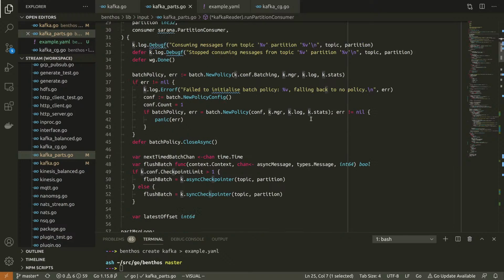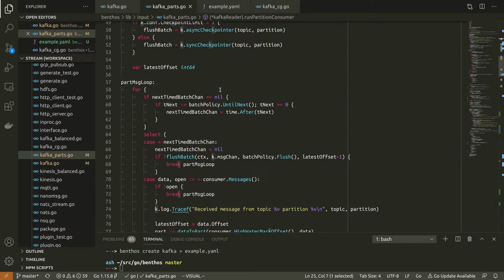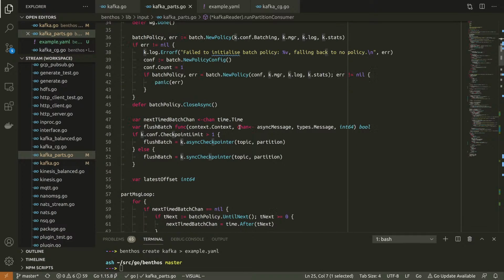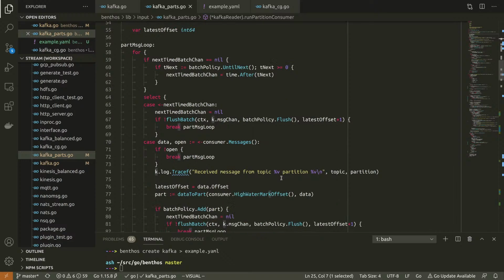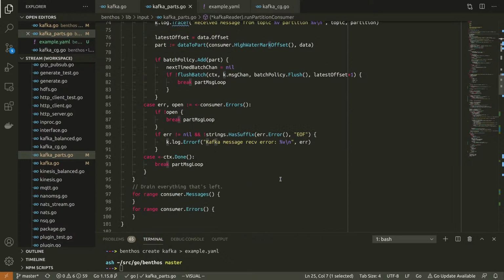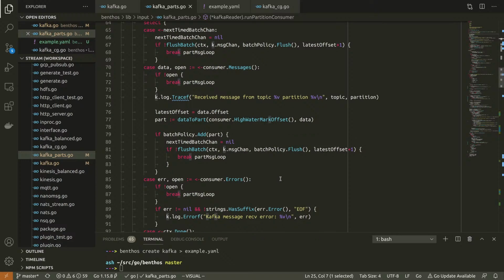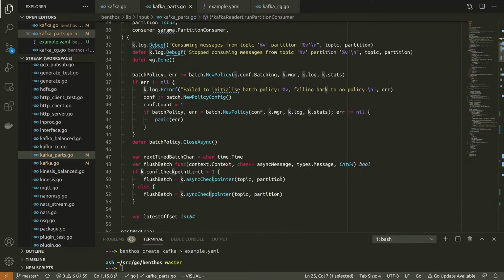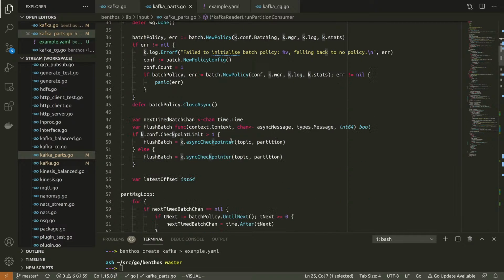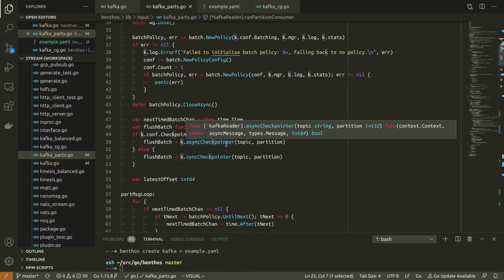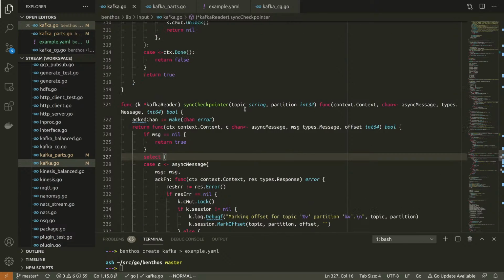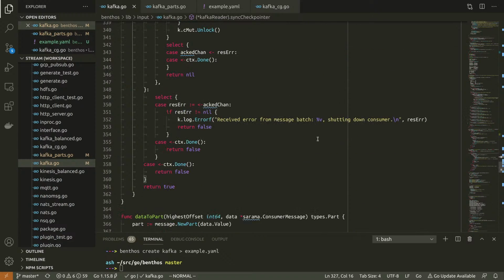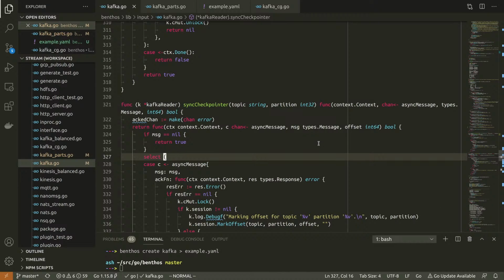So what ends up happening is once we've kicked off each partition consumer, at some point, yeah, here we go. We create a batching policy. We have a checkpointer, which is what limits the number of messages we can process in parallel. And then where's our checkpointer? Oh, okay, so it's the checkpointer itself, right. Yeah, okay, so this is an interesting little bit of logic here. The checkpointer is responsible for